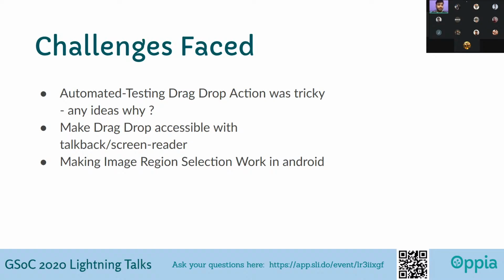Okay. So the next thing was to make the image selection work in Android, because in Android things get a bit complicated, since we have to care about the pixel density. We have to take different layouts, different phones, different layouts. We have to work for everything. So that was a bit tricky to implement, although I'm not able to implement this thing. So next slide, please.